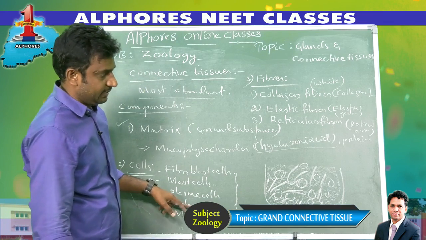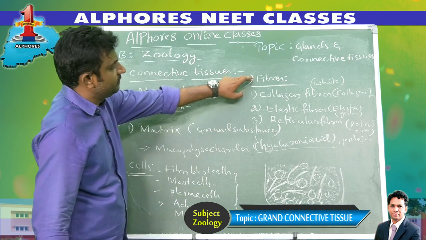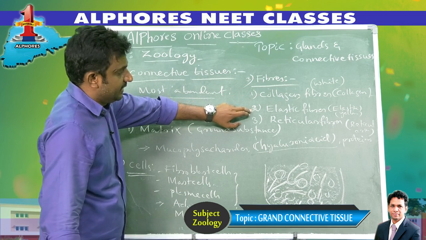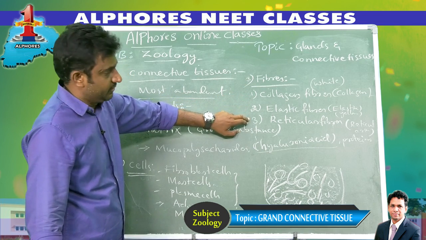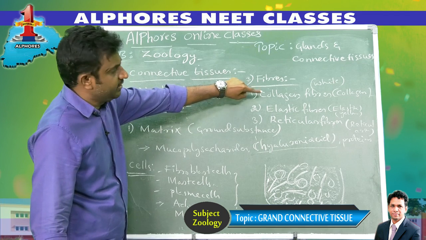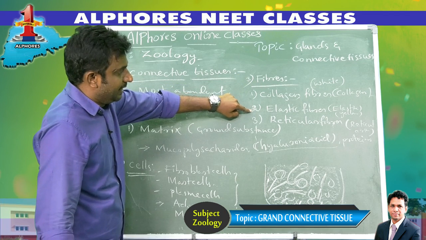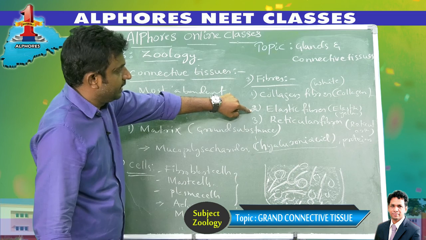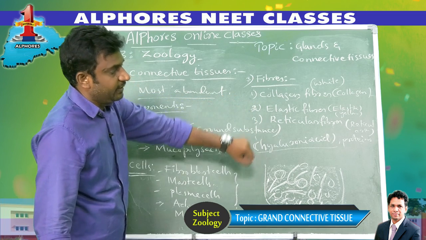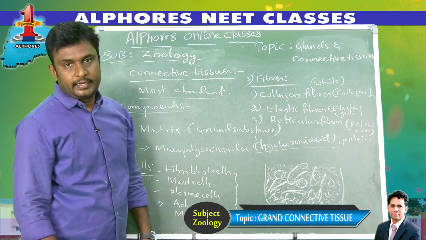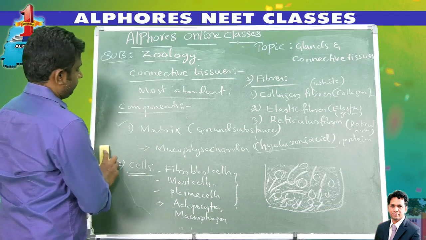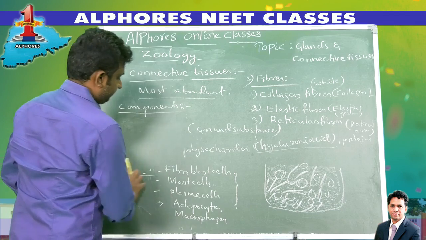Not only these cells, these fibers are also present, which are called collagen fibers, elastic fibers, and reticular fibers. Collagen fibers are made up of a protein called collagen, which is white in color. Then elastic fibers are made up of a protein called elastin, which is yellow in color. Reticular fibers are made up of a protein called reticularin. Okay, components of connective tissues. Right, next,